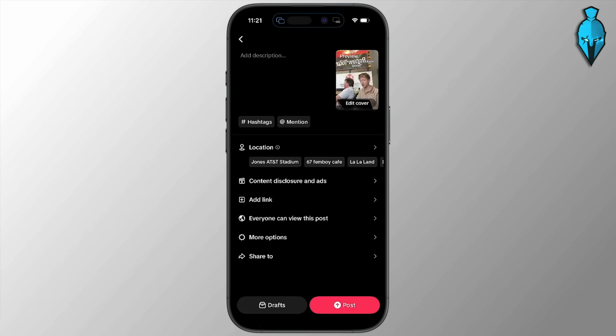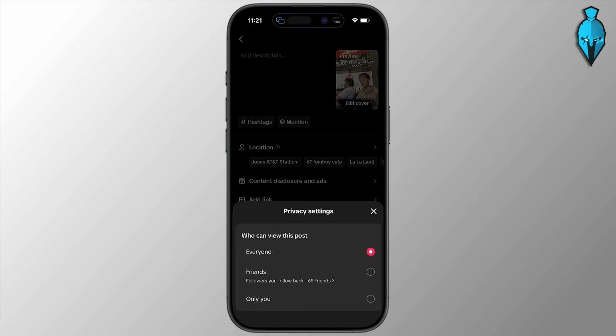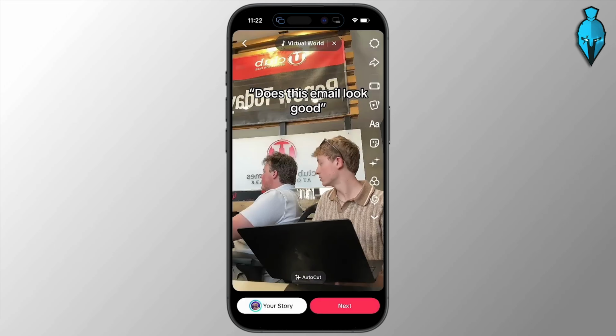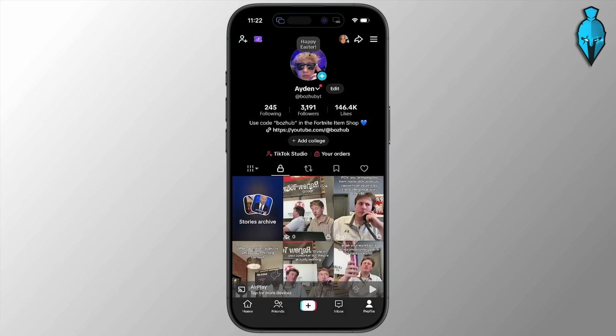you just have to hit next again and then either go ahead and change it so that everyone can view this post, only you can view this post, or you can just make it private if you don't want everyone to see this. But after posting, essentially you need to go ahead and go to your profile, and I actually already have this posted. It's just private, but essentially go ahead and go to your profile, open up the video, and